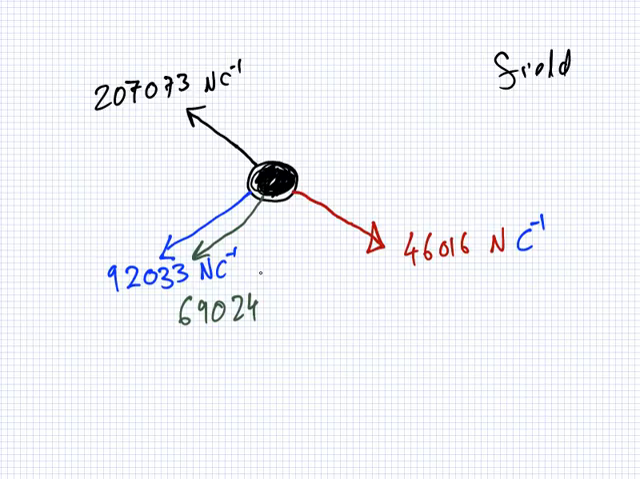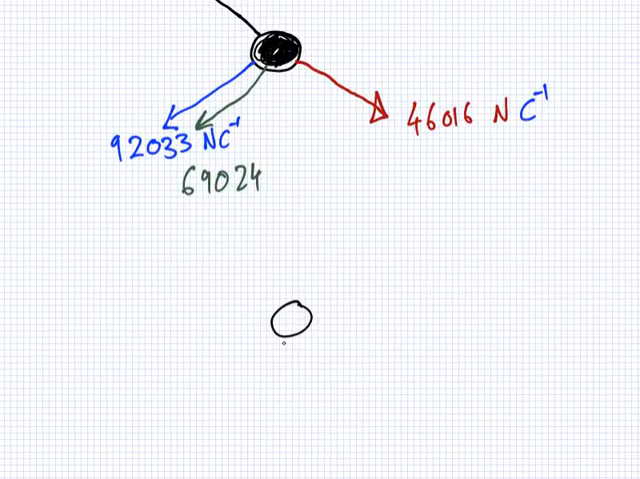Now you see what happens here when you combine these 4 fields. The blue field and the green field, what happens to them? They come together to make a stronger field. So in this picture here, they're going this way with